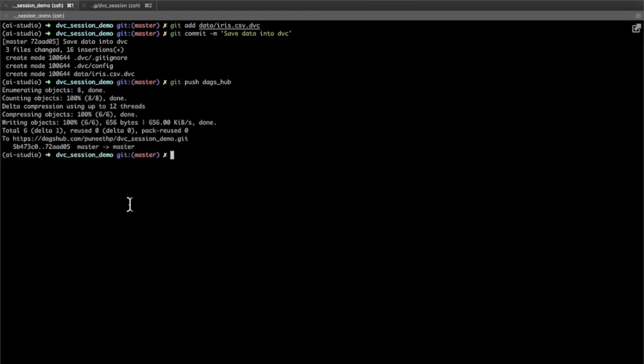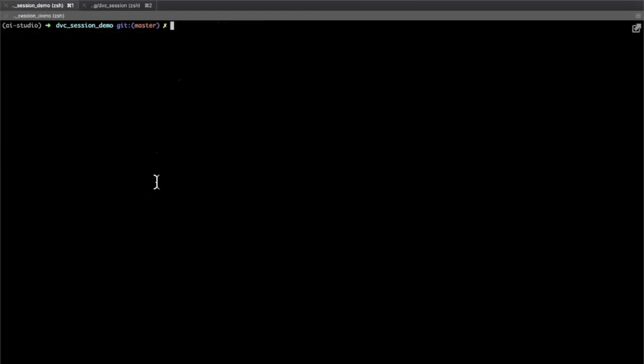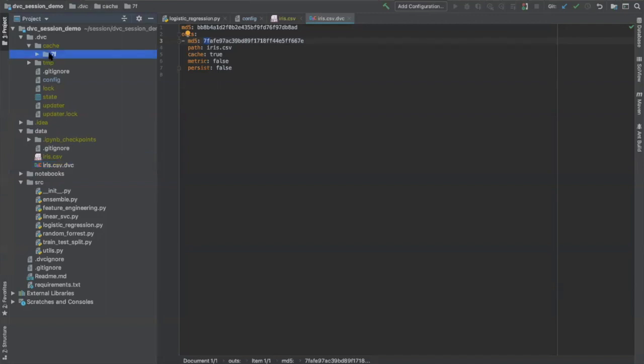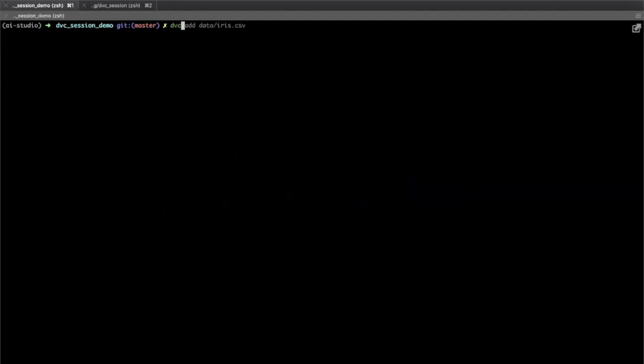Okay, now that you have versioned your data into DVC, people can check out to your commit and load this data. But currently, as you see, this data file is still in this cache folder, which is not synced with, say, remote storage, so that people can download it from there. For that, you can add remote storage like Google Cloud or Google Drive or anything. I will be adding Google Drive, my folder.